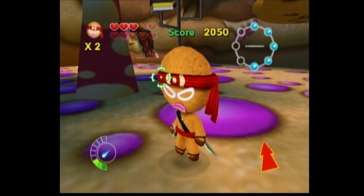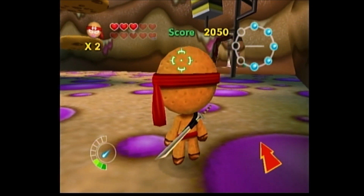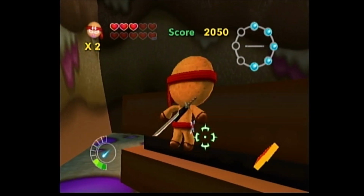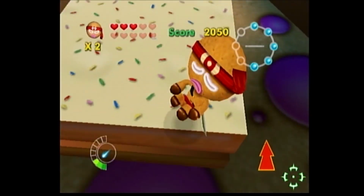The camera often gets put in weird angles, and for a while we were controlling the camera by pressing the B button to enter the shuriken targeting mode, panning the camera slowly to another point, then pressing the A button to exit the targeting mode. It was absurd. Eventually, we learned that pressing down on the Wii Remote's D-pad allowed the camera to be recentered